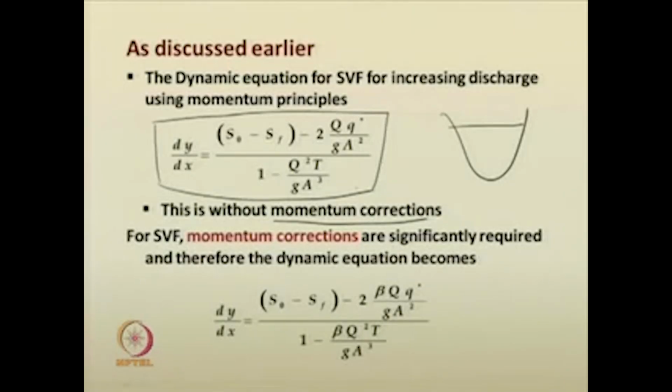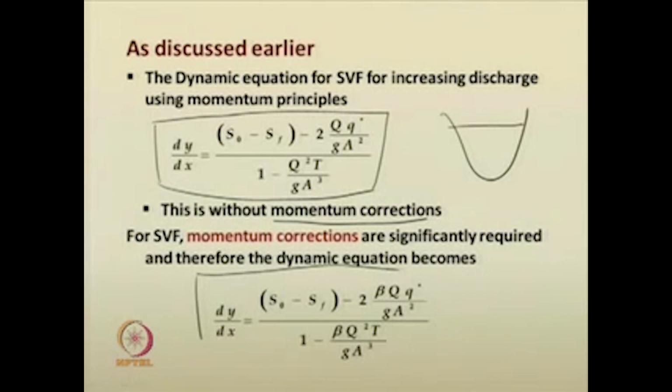We had taken the momentum correction factor beta equal to 1 and developed this equation. Usually the momentum corrections are very significant in spatially varied flow. Therefore, we have to apply the momentum correction factor,